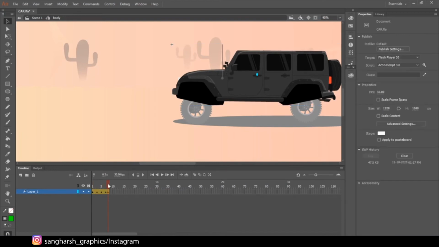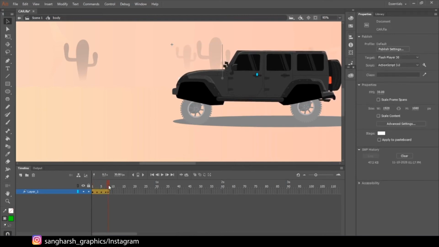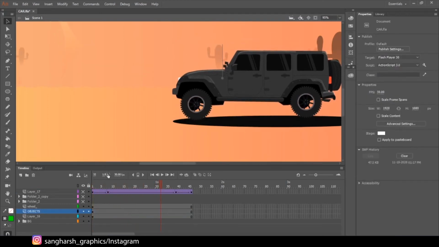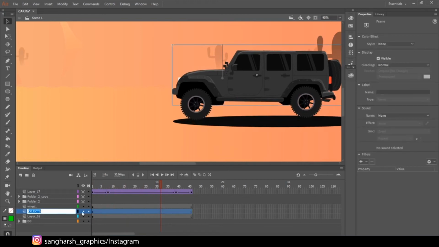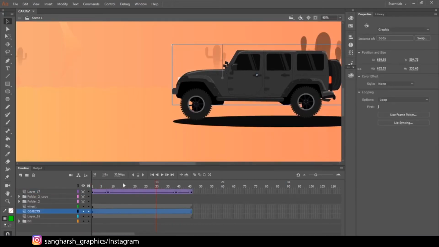I have created just 7 to 8 frames here like this. I have just created 8 frames, and after coming back, if your main layer here is too long, then it will loop automatically. As you can see, it's looping, so no need to do it all the way up to your last keyframe. I have just created some keyframes and it is looping already.